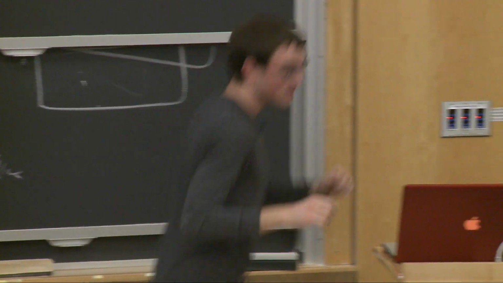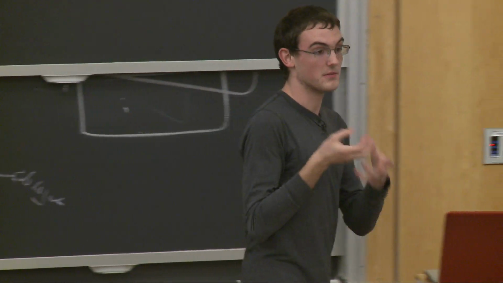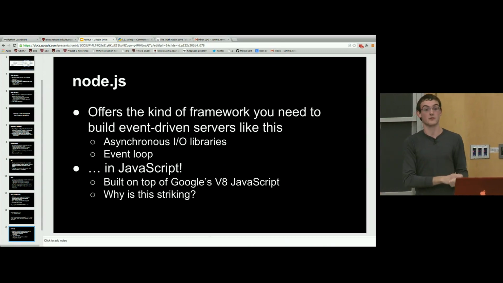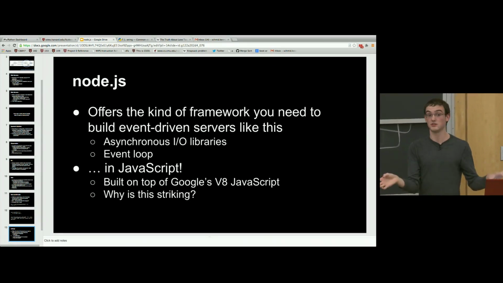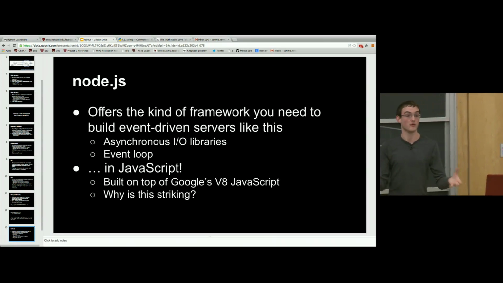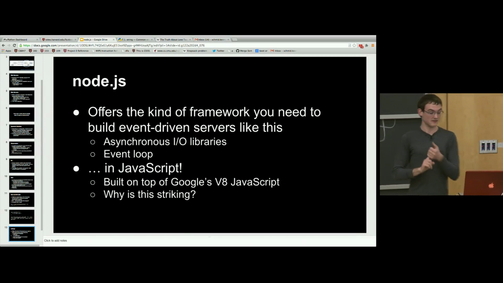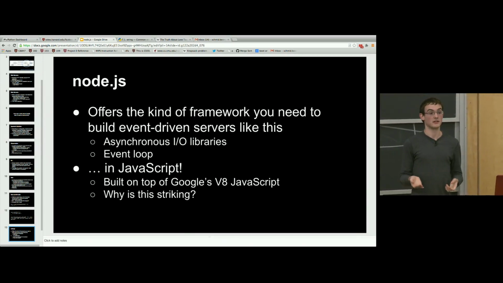OK, cool. So Node.js offers this kind of framework that you can build these event-driven servers with. So it has these asynchronous, non-blocking I/O libraries. Whereas the standard C libraries that we've been working with, if you just use them the same way that we've been using them with fopens and stuff, those are blocking because you actually have to wait for that file to open. But Node.js gives you that, and it basically ties into Google's V8 JavaScript engine,